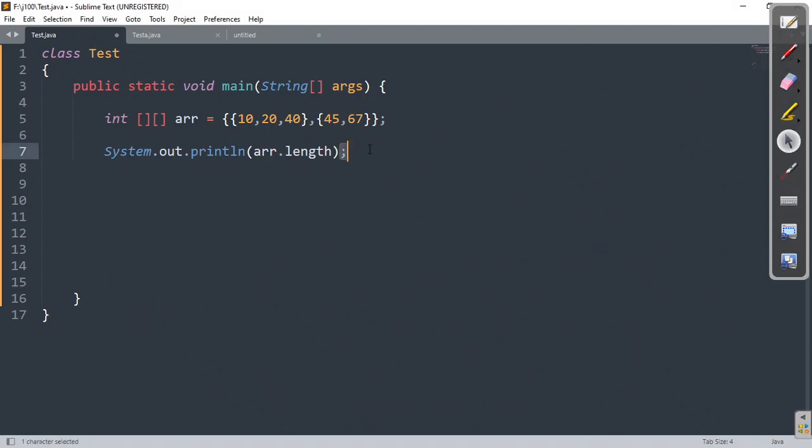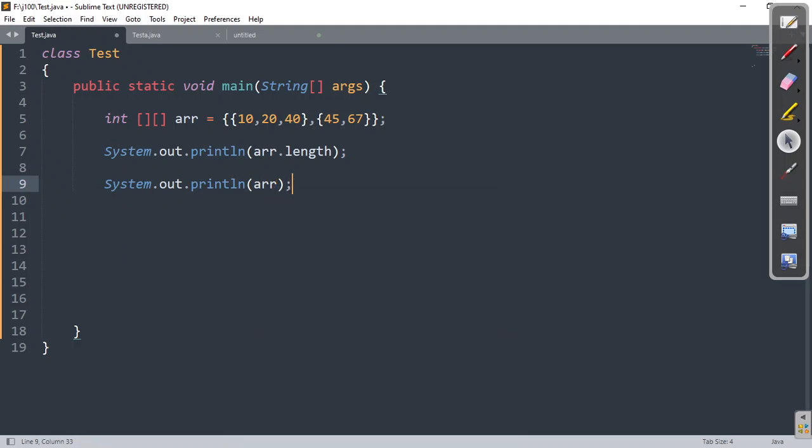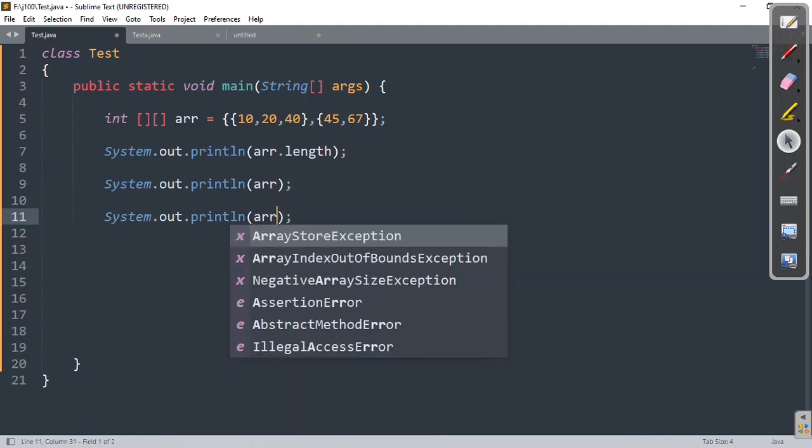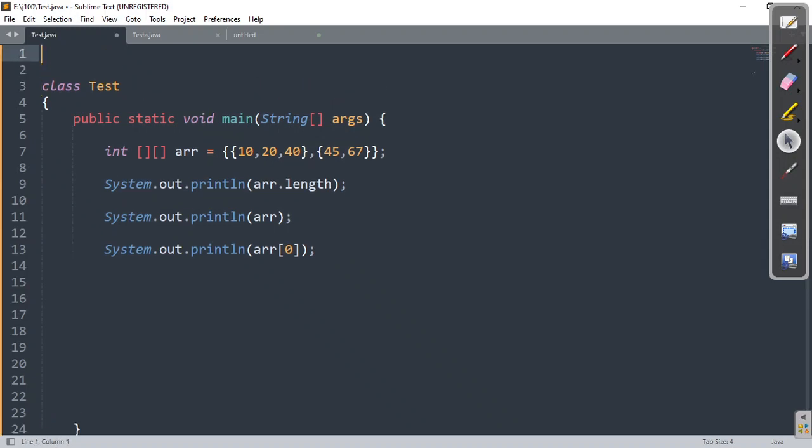If you want to cross check the values, let us go for that. First of all, let us print ARR. Second, let us print ARR of 0. Now let us print the entire value of ARR of 0. Fine. How do I print? I can also take the help of a loop that we have already discussed in the one dimension case.